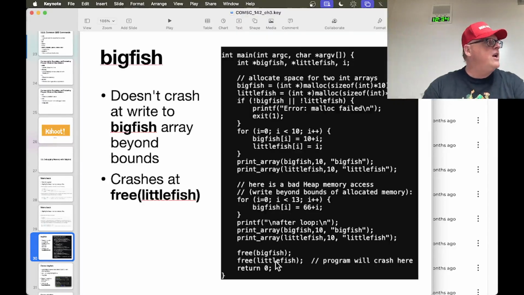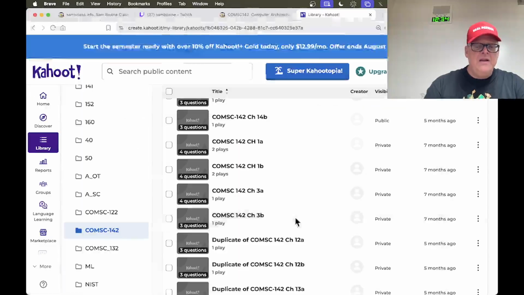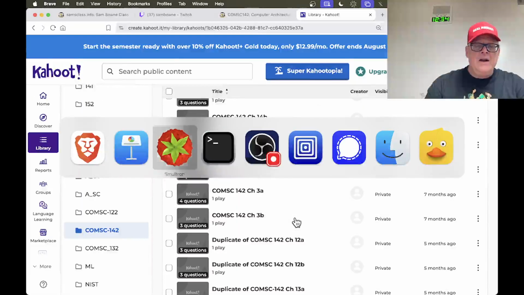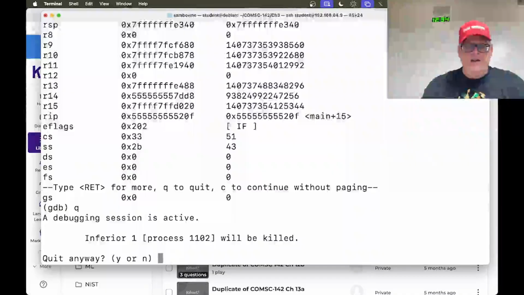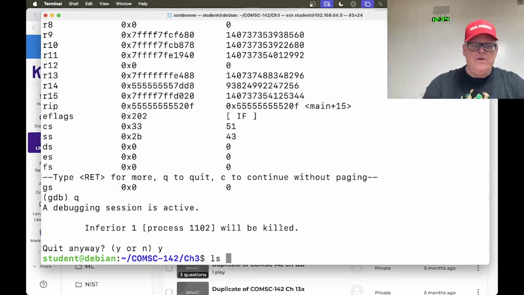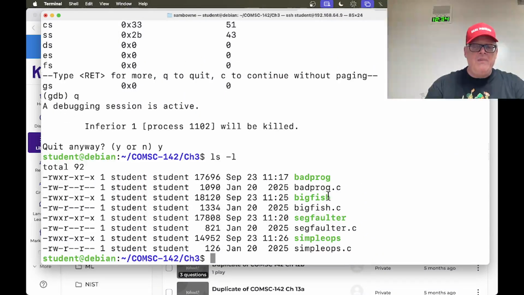When it tries to free one of these, it's going to try to use pointers to memory that are no longer valid. They're going to have some number like 66 plus something small. So let's try that. If you run it, let's see where it crashes. Here. So I get out of here, and I do a list. I'll see I do have Big Fish here. So if I run Big Fish,